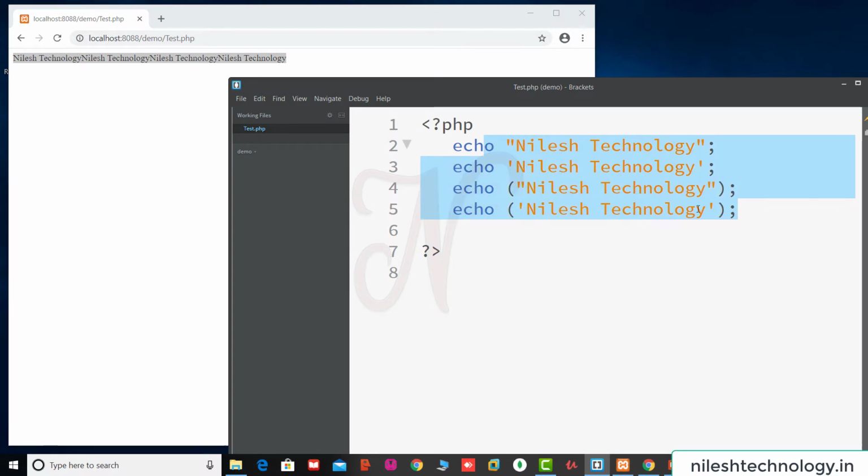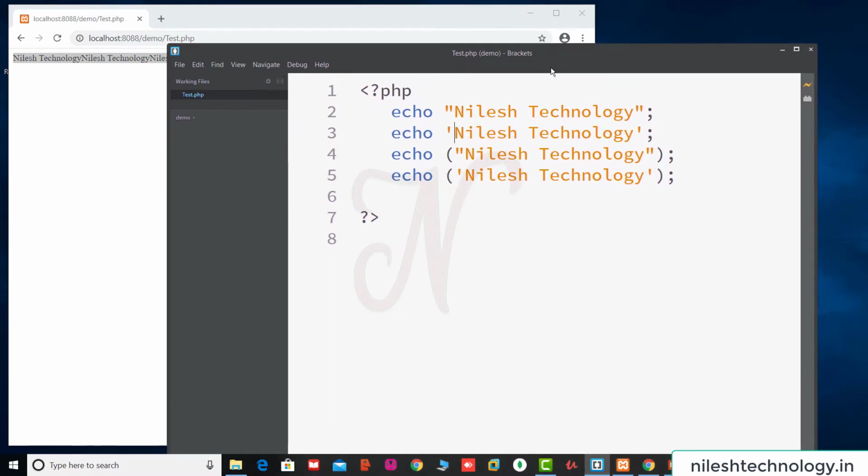Here we are not using the BR tag or the \n, so all these statements are printed on one line. So echo statements can be written in different ways. You can write either with parentheses or without, either in double quotes or single quotes. This is not an issue.